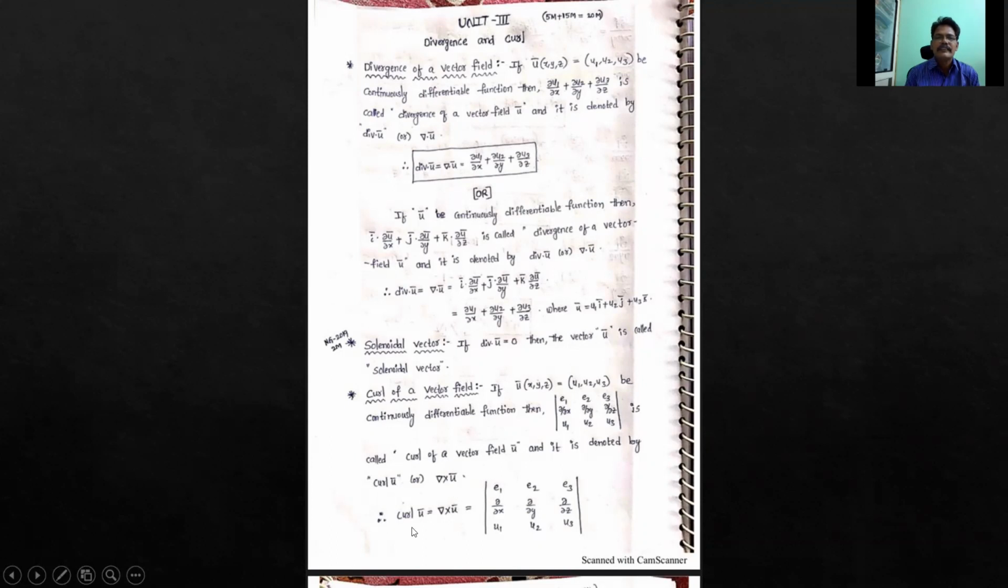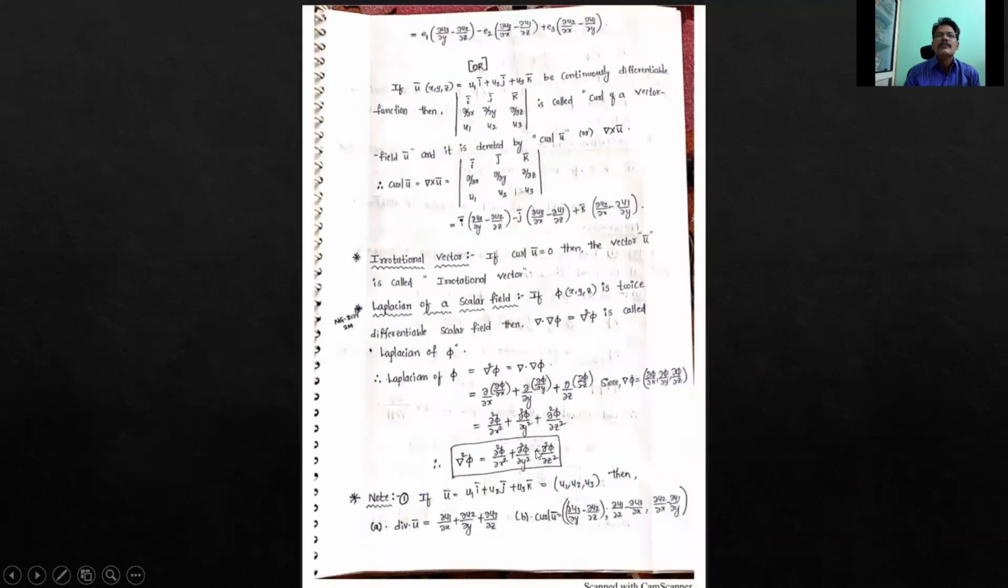So we can find it using a very simple determinant: e1, e2, e3. We know del is ∂/∂x i bar, ∂/∂y j bar, ∂/∂z k bar, and then u1, u2, u3. So you can simply find curl u bar by taking the determinant of i bar, j bar, k bar; ∂/∂x, ∂/∂y, ∂/∂z; u1, u2, u3. So if u bar (x, y, z) equals u1 i bar plus u2 j bar plus u3 k bar, then